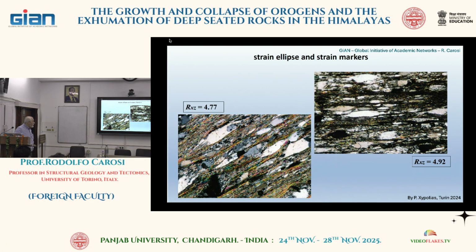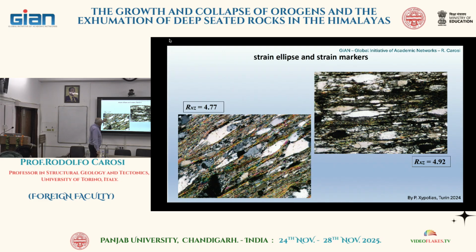Okay, to calculate the strain ellipse, we need good strain markers. What is a strain marker? A strain marker is an object that is present in the rock before deformation and has been deformed homogeneously and continuously, without breaking, without recrystallization, just changing the shape, shortening and elongating according to the overall strain ellipse working in this rock. So for example, there are